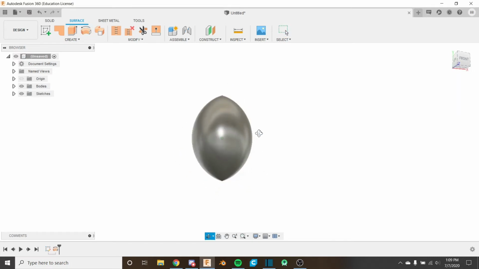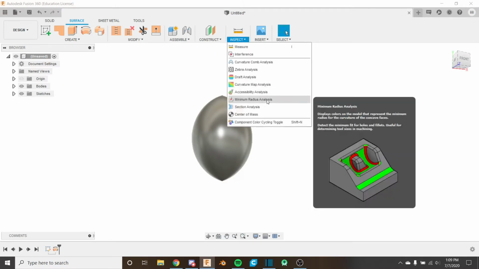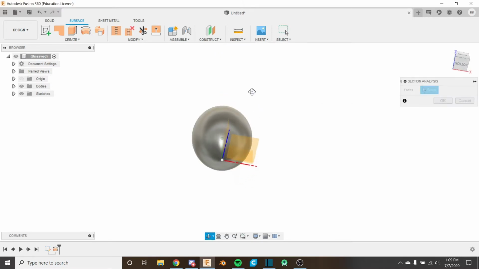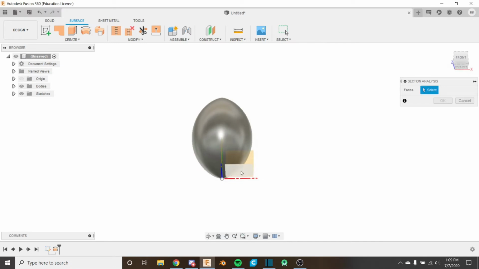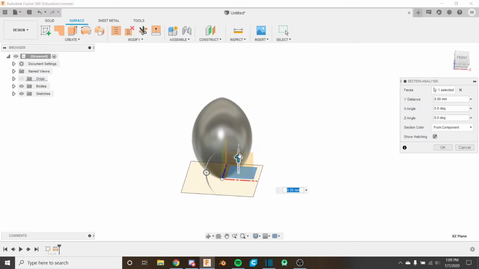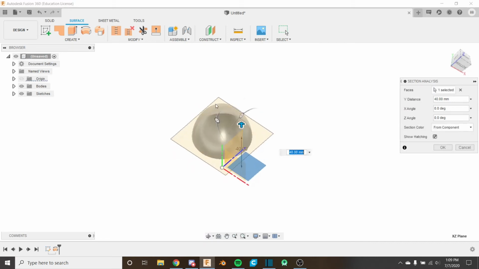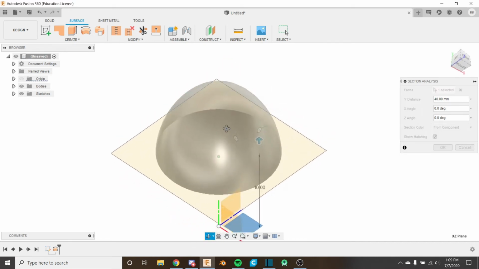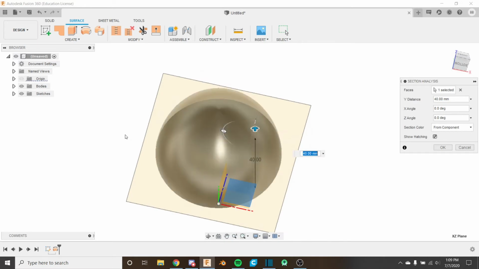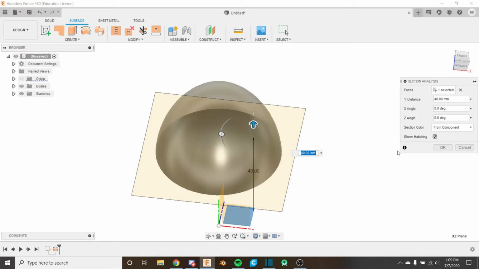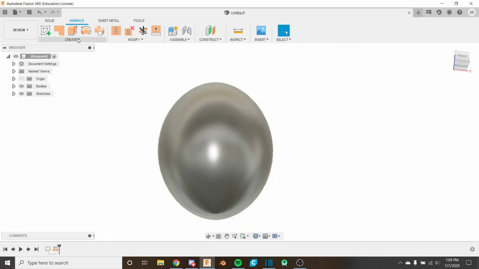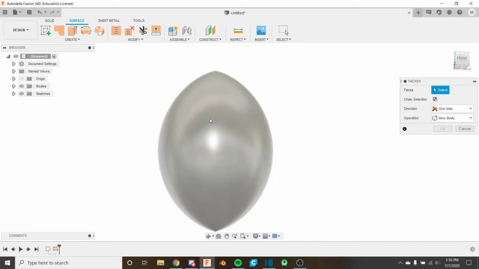And we can tell that it's not a solid body if we use the section analysis tool. We'll look at this more later in the screw and the nut example, how to use the section analysis, but if we went in like this, we're seeing into the surface. You can see that it's completely hollow, and it does not give the diagonal lines, which indicates that it's a solid body. So we can use the Thicken tool right here, and what it takes is a face like this,